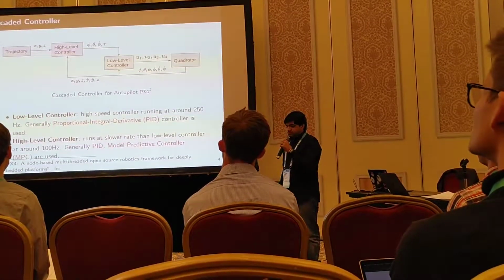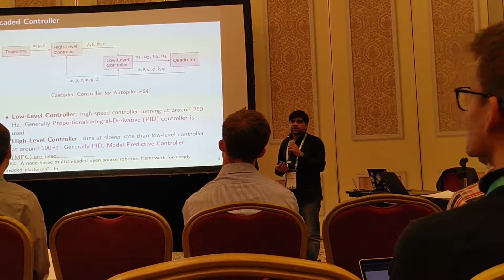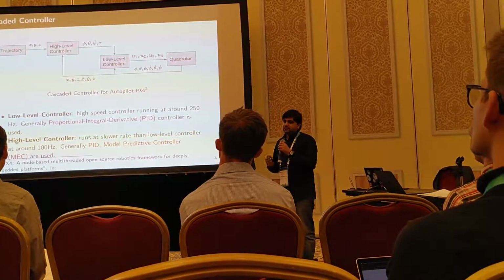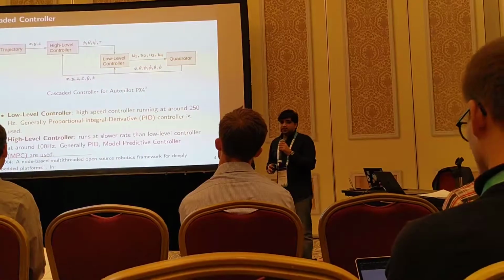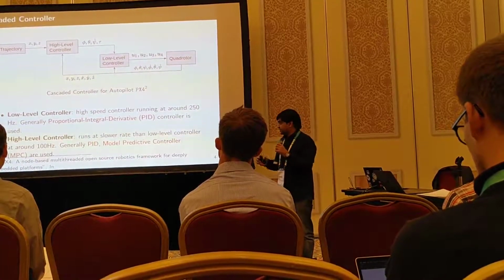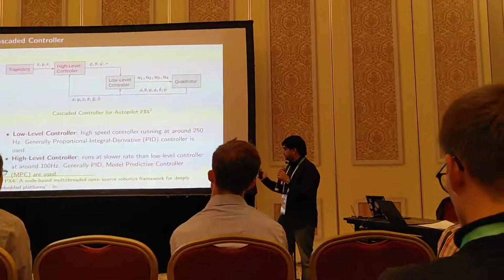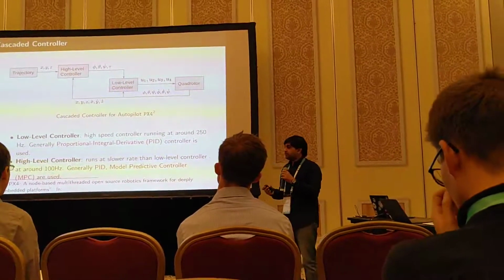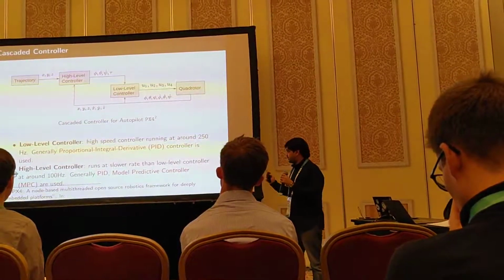But for the high-level controller, we can have some optimal controllers like model predictive controller, LQR, PID, and there is no restriction on the rate. We have tested it for 10 Hz to 100 Hz, and they are fine with it. So in high-level controllers, we can have optimality. And they can generally be implemented on an on-board computer also. The low-level controllers are generally on the hardware of the autopilot.